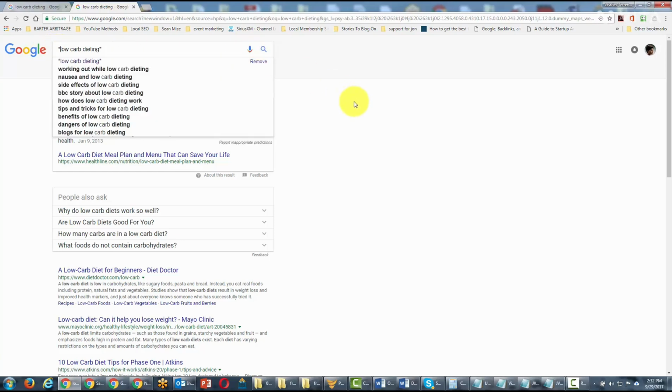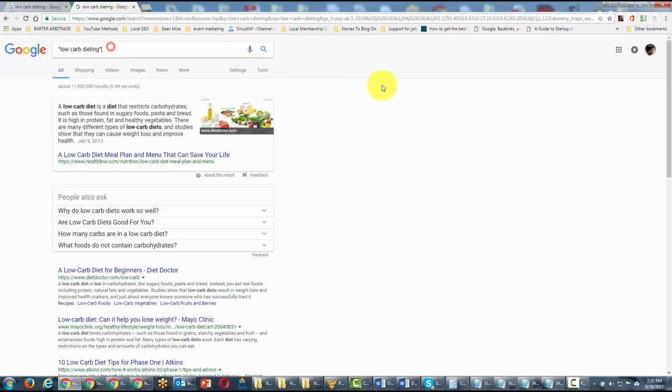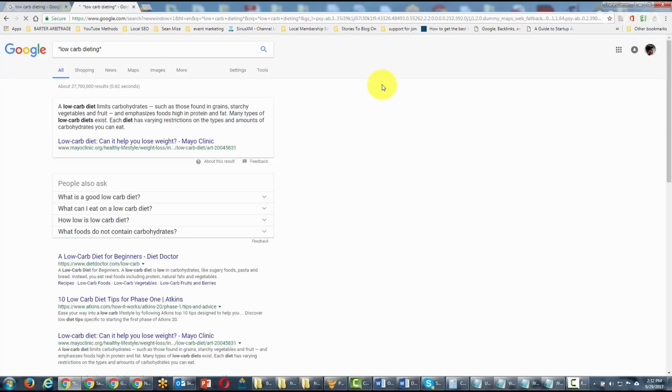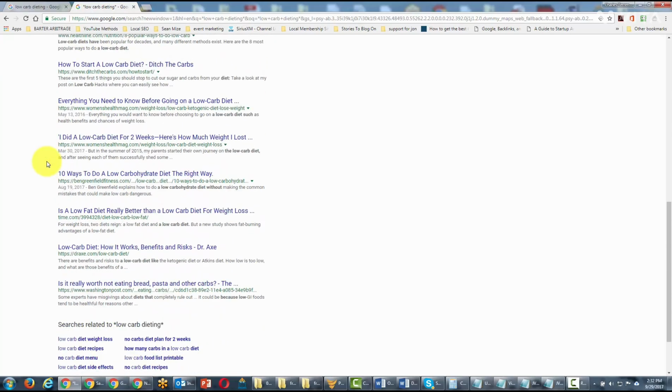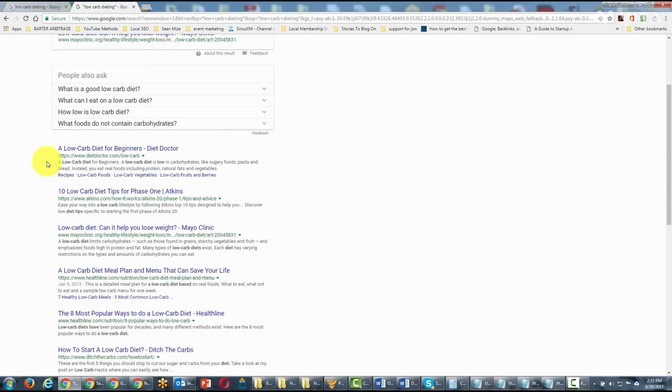We're going to put the asterisk at the beginning. I'm going to put the asterisk at the end. And then we're actually going to hit send. You'll notice that the results increase because what we're doing is widening the search, and we're saying to Google we're not quite certain if those are all of the right words in between. So it tries to give a wider net and a wider set of results. And what you're going to see is that you're going to have a different set of the first 10 results in actuality to look through.